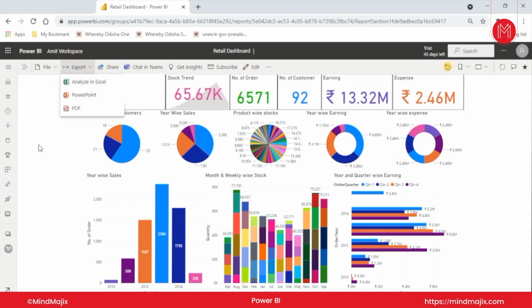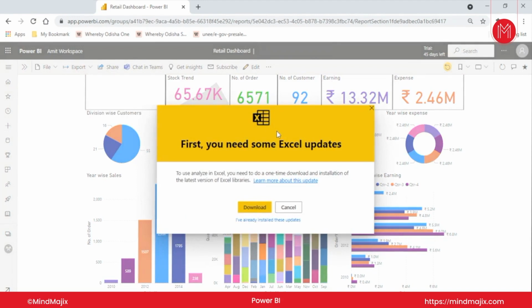There are two approaches. This is one and then this is one. So I just want to analyze this in Excel. So I'll click on this. When I click on this, it is asking me to download something. What is this? First, you need to have some Excel updates. To analyze in Excel, you need to do a one-time download and installation of the latest version of the Excel